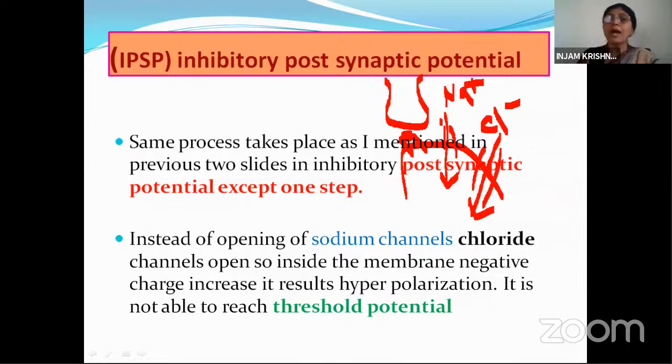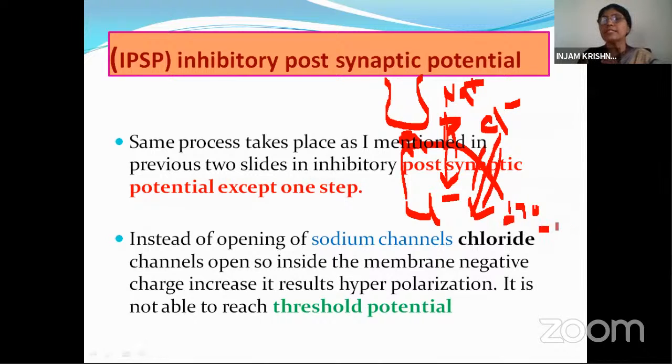But the sodium ion gated channel is still closed here. So the chloride ion concentration has increased inside. The membrane already has -70, but instead of sodium, chloride ion channels opened, so chloride ions flowed in. So negativity increased: -72,